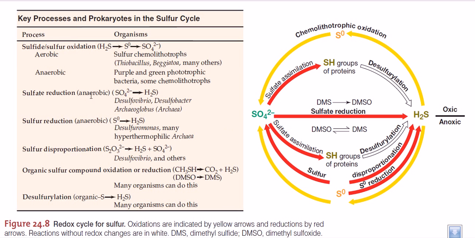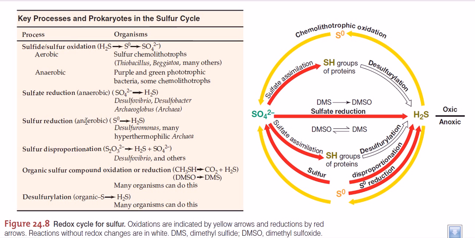Okay, now the second thing we are going to talk about is called sulfate reduction. Sulfate reduction is the completely opposite step of sulfur oxidation. Sulfate reduction means the production of H2S from the sulfate groups, as we can see here. So we can produce H2S from SO4 2 minus, and that can also be done anaerobically and aerobically.